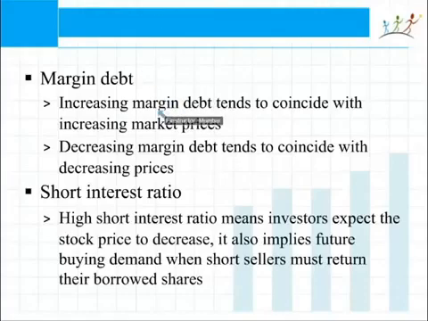If the margin debt is very high, then the technical analyst will say we should sell now, because as the unwinding of this debt happens, the market will correct. Whereas if the margin debt is just starting to increase, then the analyst may say that margin debt is increasing, so stock prices will increase as the margin funding keeps going up, as people buy more and more.